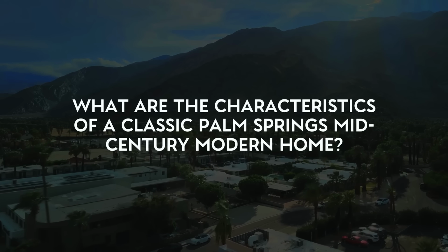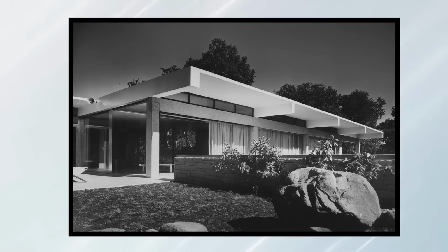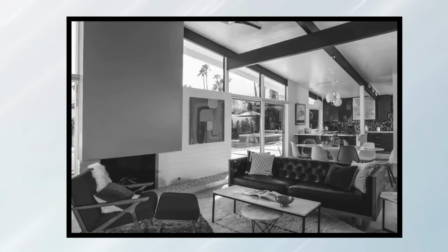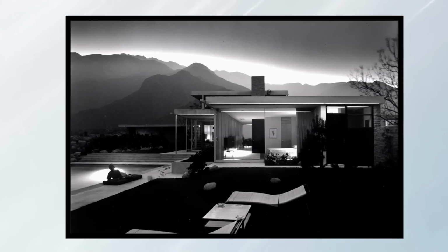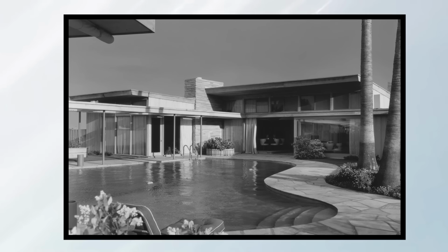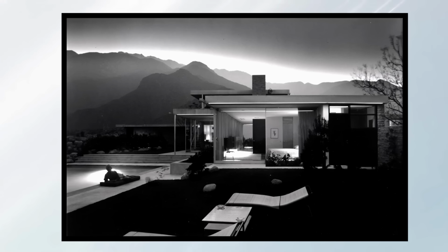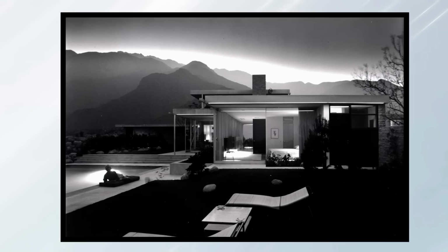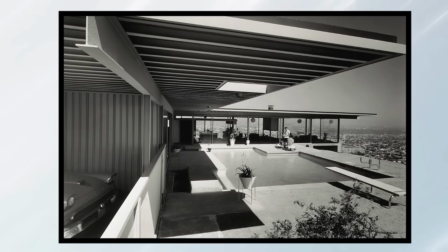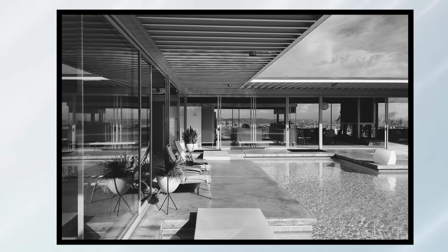So what are the characteristics of a classic Palm Springs mid-century modern home? I'd say that they are usually one story. They often have clerestory windows to let light in. They often have a flat roof, although there's a lot of fun variations on that. They have a swimming pool, and most importantly, there's a real indoor-outdoor connection that's achieved through walls of glass, or sliding doors that open onto a porch or a patio that really blur the line between what is interior and